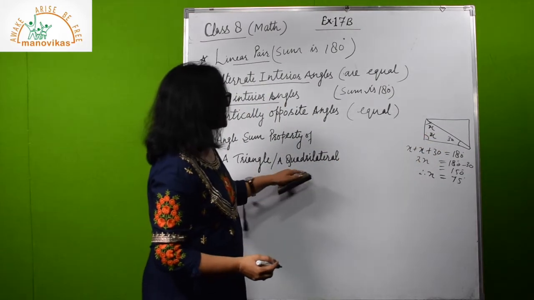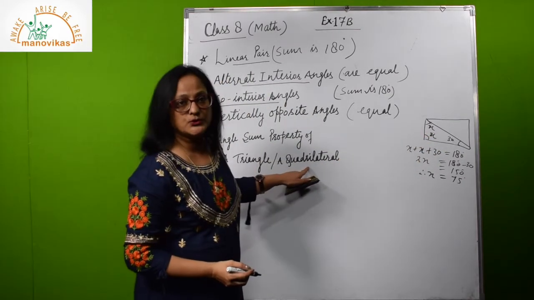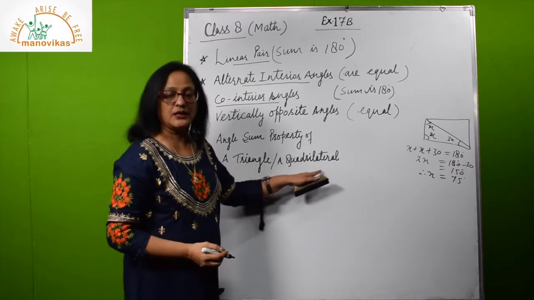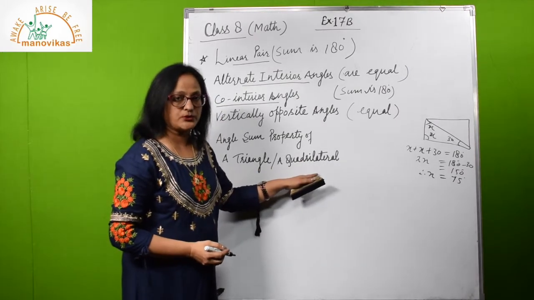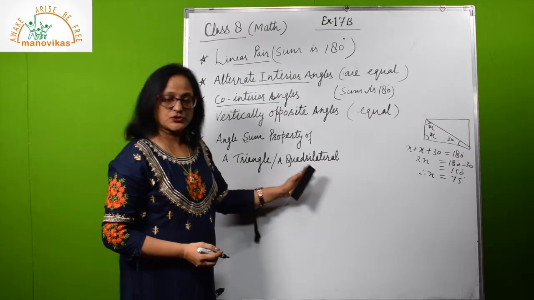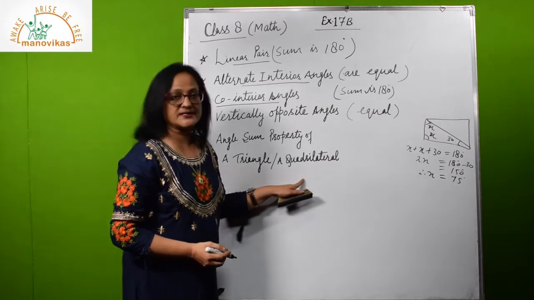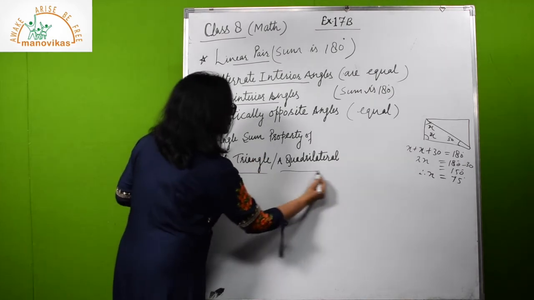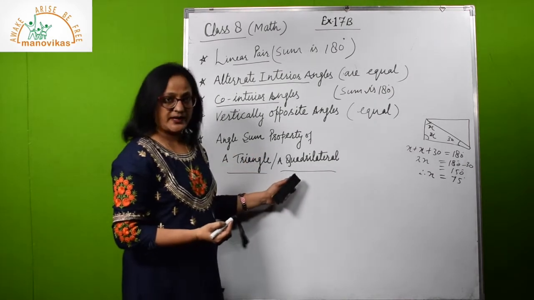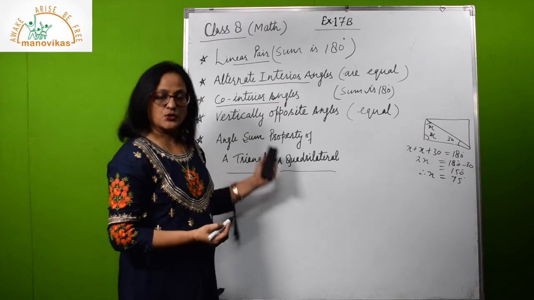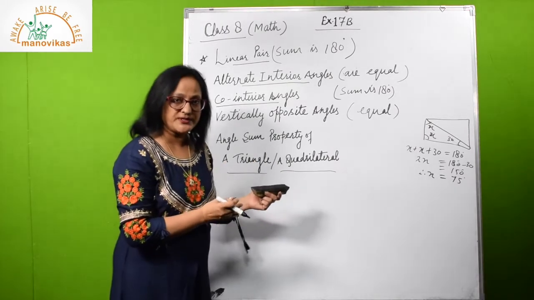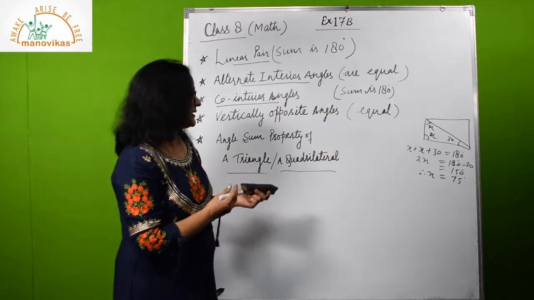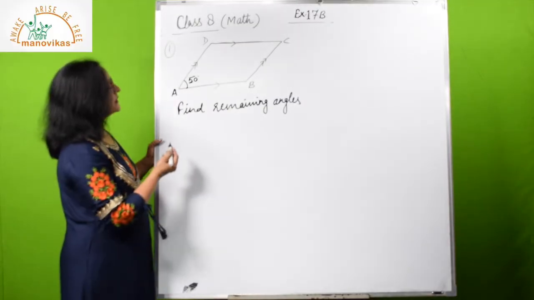Same way, if it is a quadrilateral, then also you can use the angle sum property, and you know the angle sum property of a quadrilateral: the sum of all four angles is equal to 360 degree. So that result you can use if there is a quadrilateral. So these are the points where you can use different properties of the parallelogram with different angles. Whichever is applicable in your given question, you will use that only, and that way you can solve the question easily. Now we are going to start the exercise.